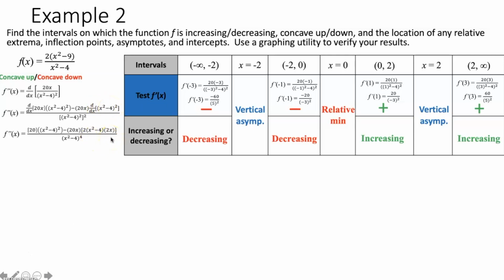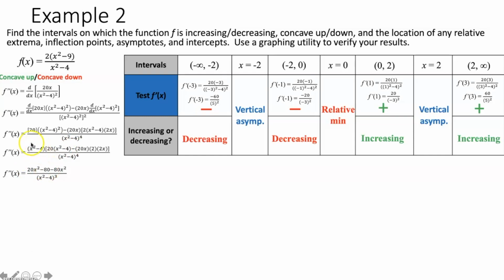Now, you see that each term here has an x squared minus 4. We have an x squared minus 4 over here and an x squared minus 4 over here. So I'm going to factor out x squared minus 4. I do that because now in here, this simplifies a little bit easier. 20x times 2 times 2x becomes 80x squared. And then over here, 20 I distribute to the x squared and the negative 4, and that becomes 20x squared